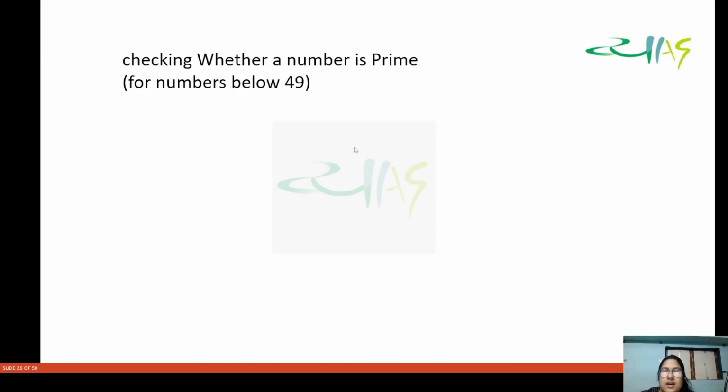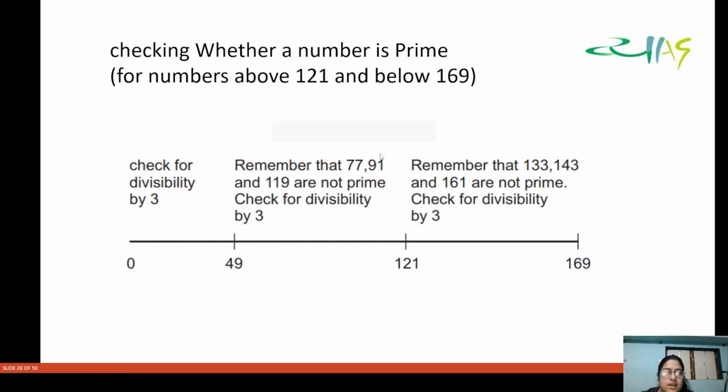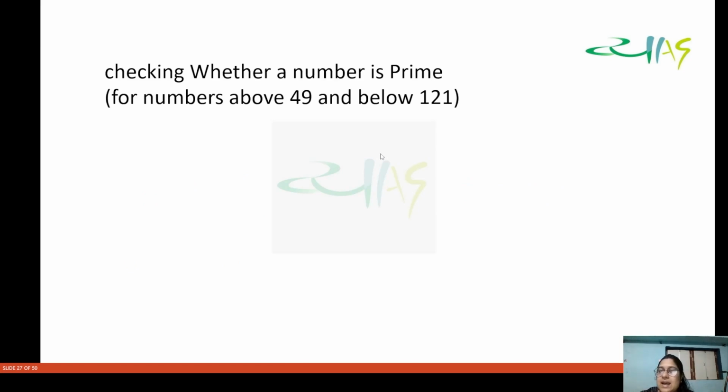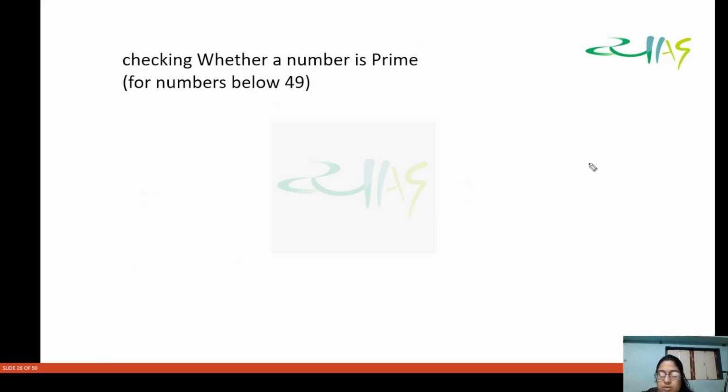ओके, अब देखिए वैसे तो 49 के बिलो प्राइम नंबर सभी को पता रहते हैं, बट चेक करते हैं वेदर अ नंबर इज प्राइम और नॉट फॉर नंबर्स बिलो 49. ओके, सो देखिए अगर आप किसी भी नंबर के लिए चेक कर रहे हैं बिलो 49, कि वो प्राइम है या नहीं, तो जैसे एग्जांपल ले लेते हैं 37 का. अब बेसिकली 37 का स्क्वायर रूट किसके किसके बीच आता है, 6 और 7 के बीच. ओके, तो 6 और 7 के बीच आता है तो हम इसको 7 ही रखेंगे। 7 के नीचे चेक करिए